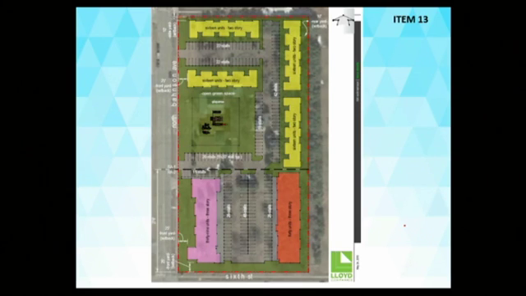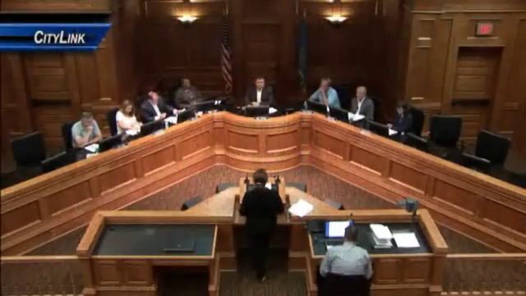If the rezone is denied, the parcel can continue to be zoned as agriculture for its current use. Because the subject application is consistent with the Shape Sioux Falls Comprehensive Plan, staff recommends approval for this rezoning. And I can answer any questions you might have. Commissioners, any questions for Diane?